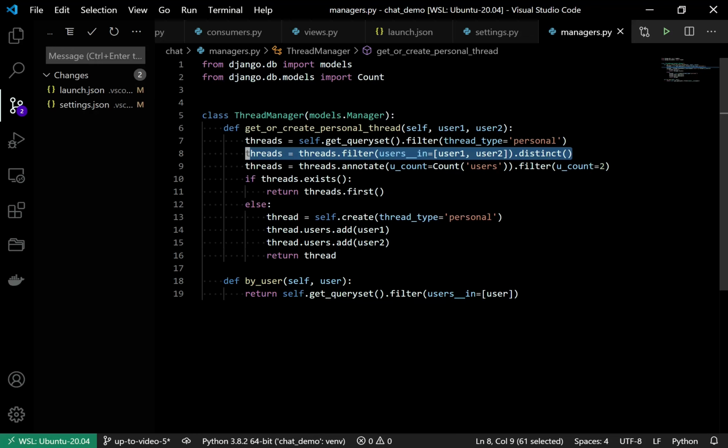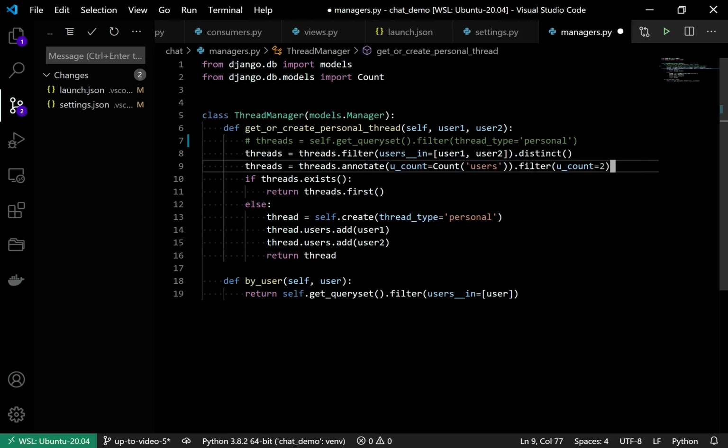So this should be the final, but to avoid errors I have added one more thing, that is I am annotating by this count, so users should be only two. If I do not do this, it should still work.